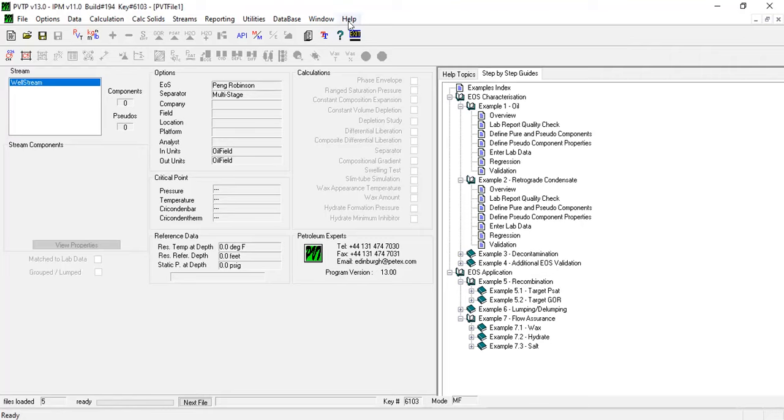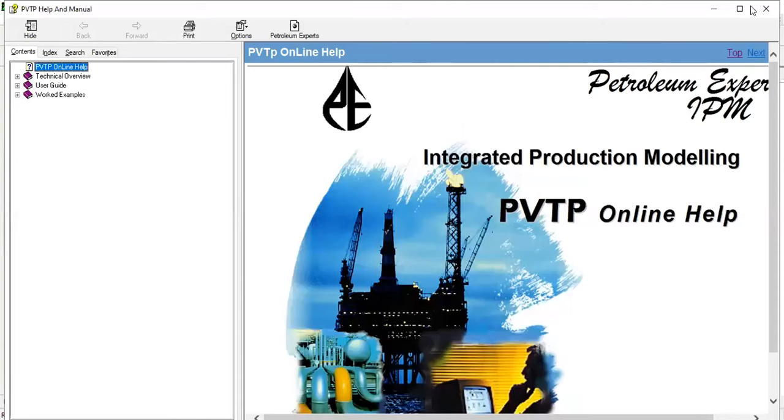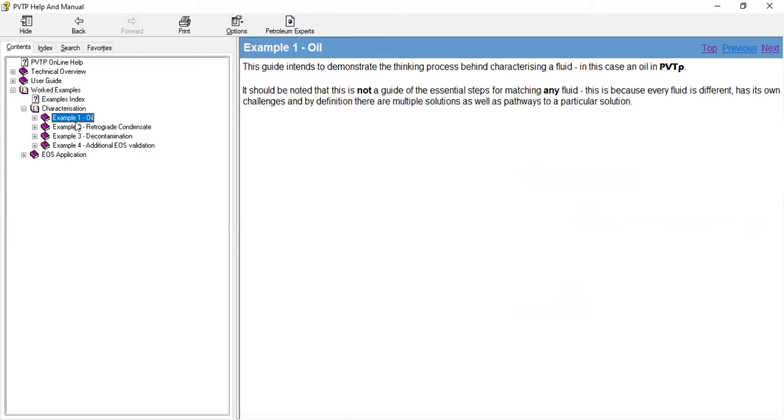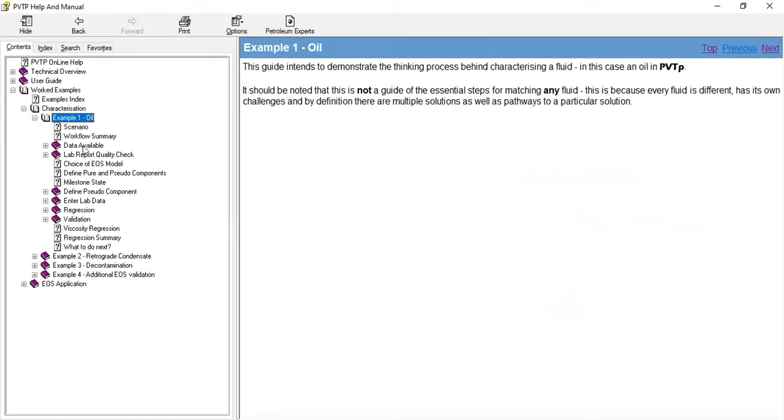Here, as you can see, we have several tabs: file, options, data, calculation. Let's go to help, index, maximize, and open the worked examples. Here we have characterization examples and EOS. EOS is the equation of state application. Open the drop-down menu. In this video, I will talk about example one for oil characterization, and we will cover as many